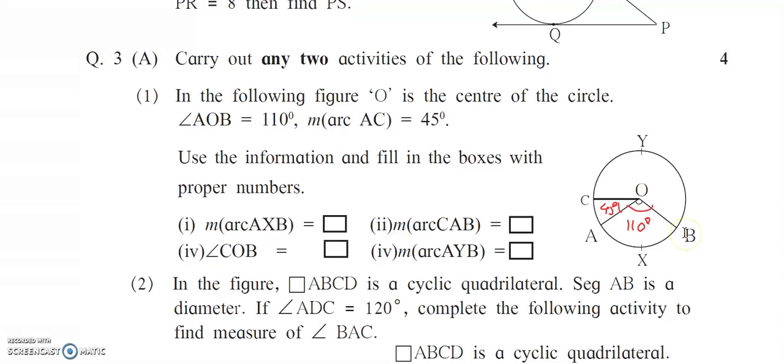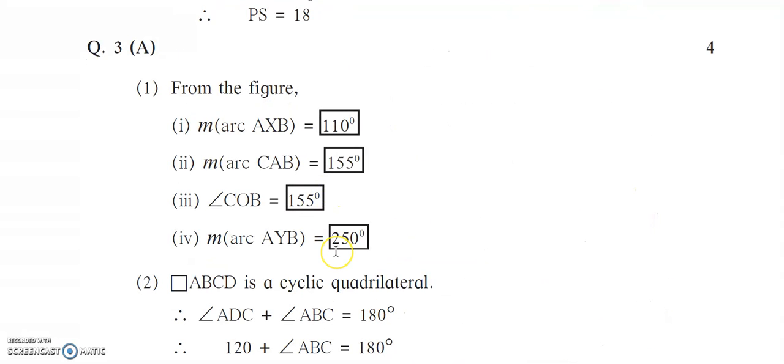AYB means what? 360 minus 110. And the answer is 250. 360 minus 110, 250. In this way, the activity 1 we have completed. Now next,